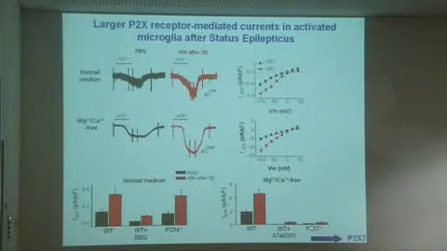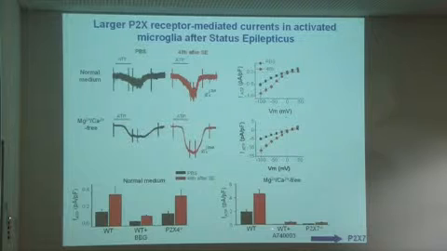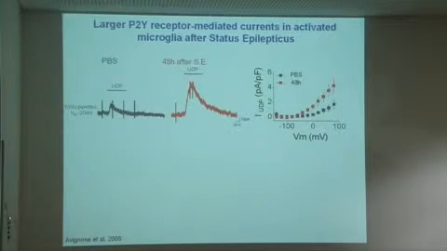We had access to a P2X7 knockout animal, and basically we reproduced the effect of using the antagonist. Basically, we wiped out the P2X receptor-mediated response in the microglial cells of both control and epileptic animals. So the conclusion of these studies is that in our conditions, the main ionotropic purinergic receptor of those cells is P2X7. So then we looked at the metabotropic purinergic receptors.